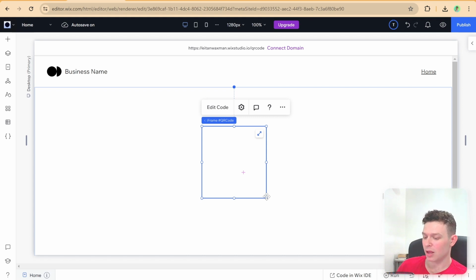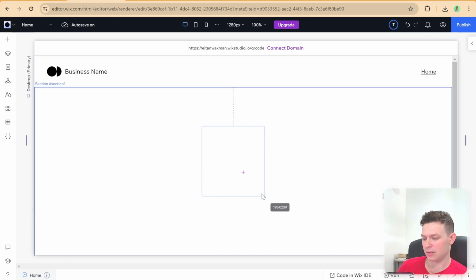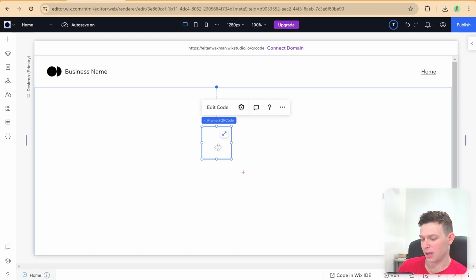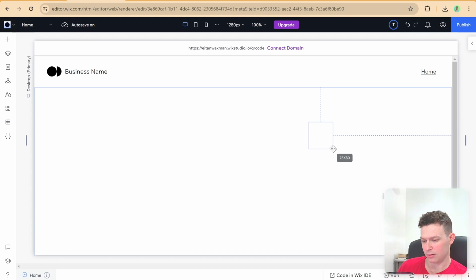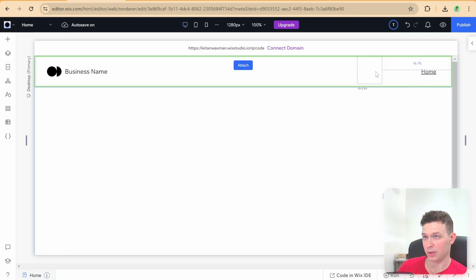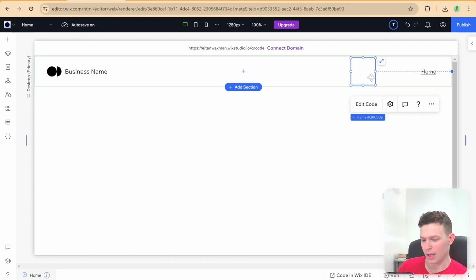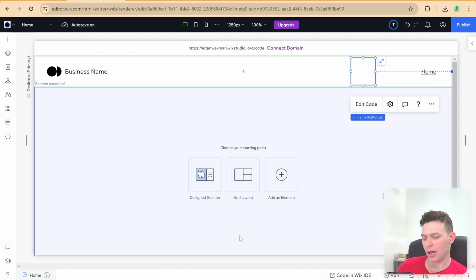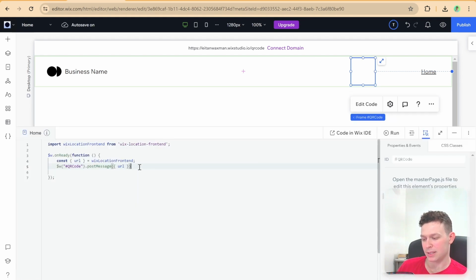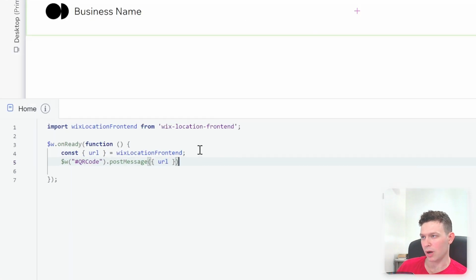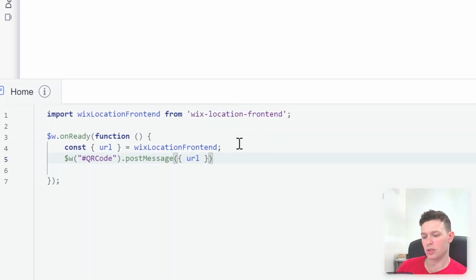Pretty cool feature. So let's go ahead and make this a little smaller. And I'm going to put that inside of our header right up here. And now that this is on our header, we're going to have to change this up a bit because this code is only going to run on our home page. So it will work on the home page, but if we have other pages on the website, then it won't really work. So what we'll want to do is I'll just grab all this code